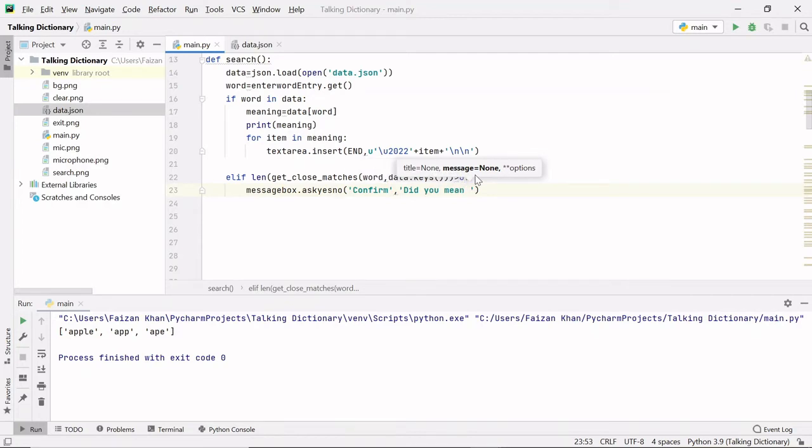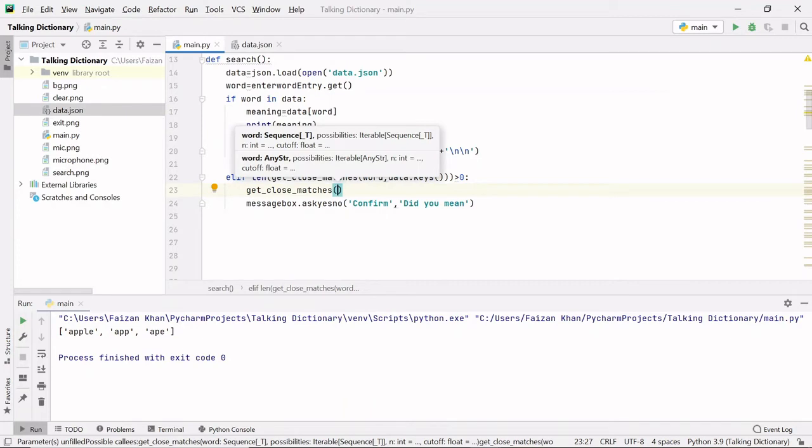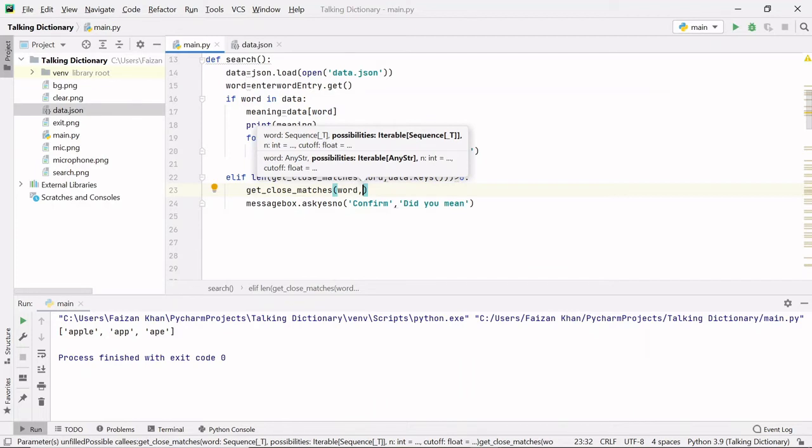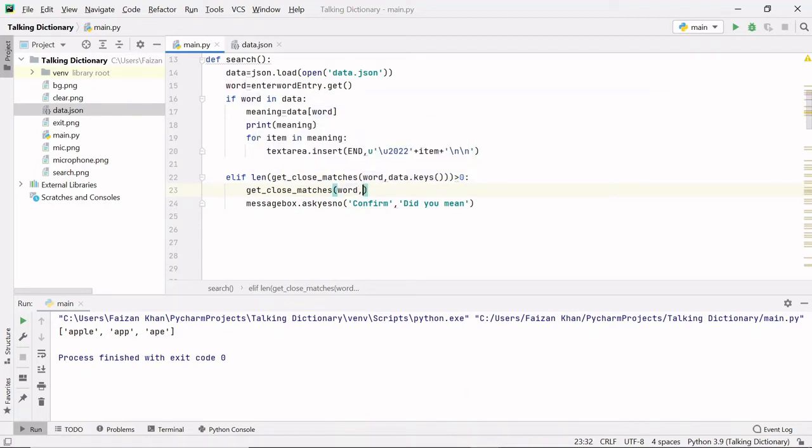and what should be the word? The word has to be this close match, the closest match that we will get from the get close matches function. So I'll use get close matches here, and I will pass word, and we want this word to be compared with data.keys.